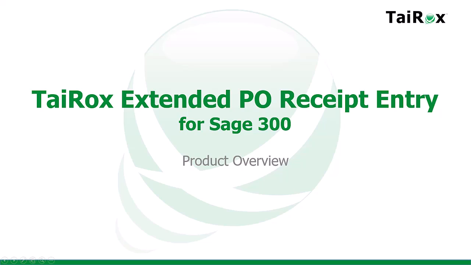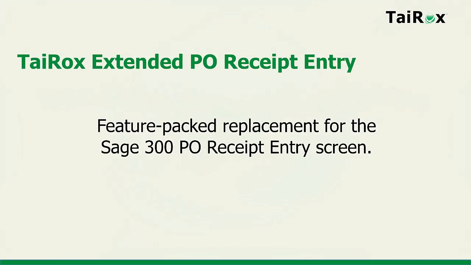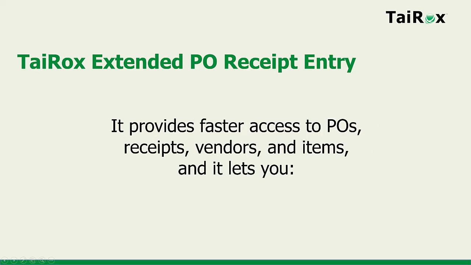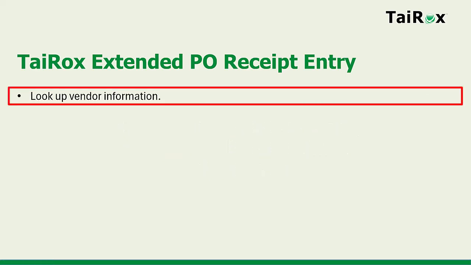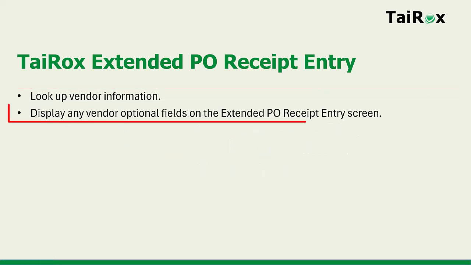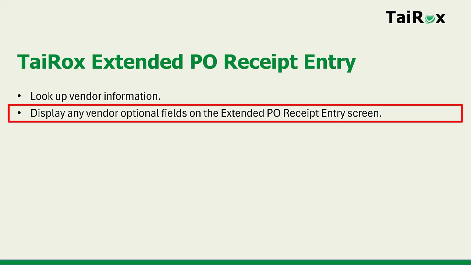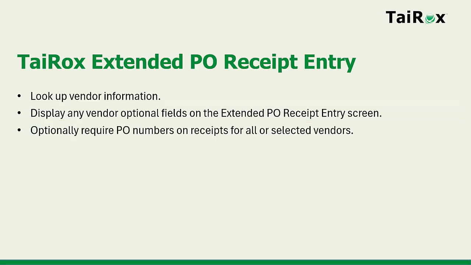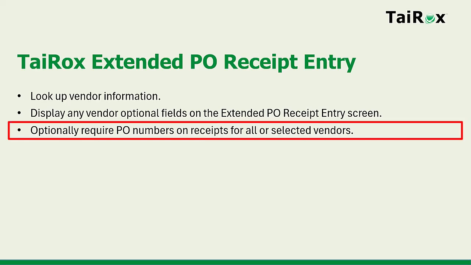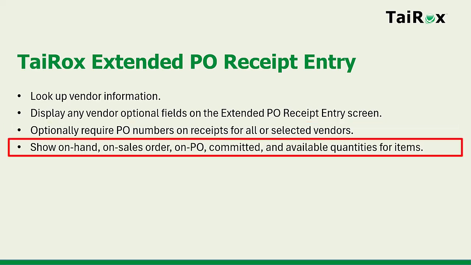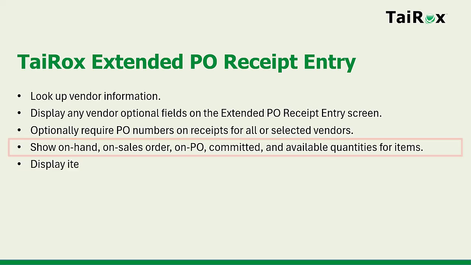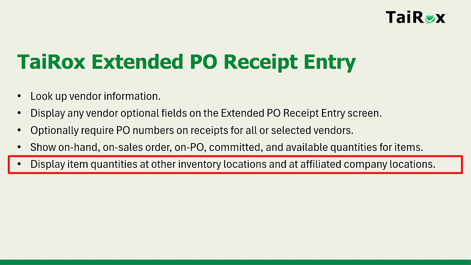TaiRox Extended PO Receipt Entry is a feature-packed replacement for the Sage 300 PO Receipt Entry screen. It provides faster access to POs, receipts, vendors, and items, and it lets you look up vendor information, display any vendor optional fields on the Extended PO Receipt Entry screen, optionally require PO numbers on receipts for all or selected vendors, show on-hand, on-sales order, on PO, committed, and available quantities for items, display item quantities at other inventory locations